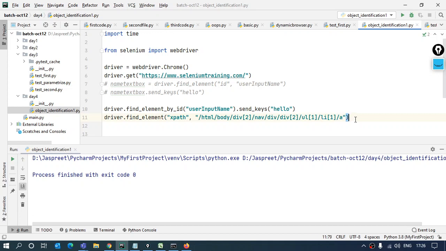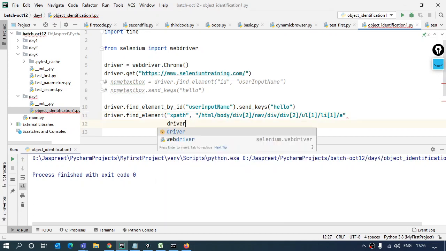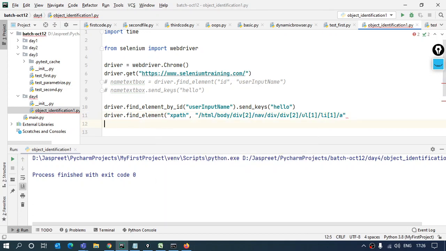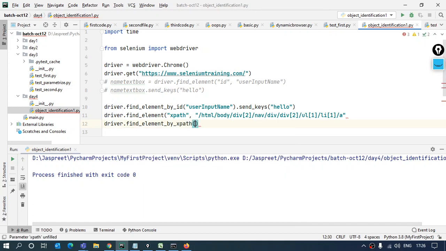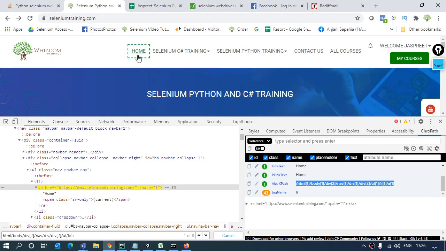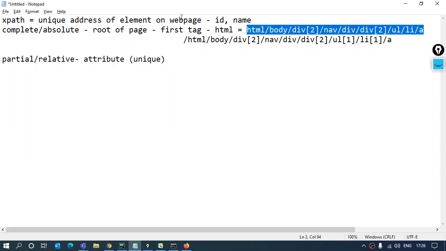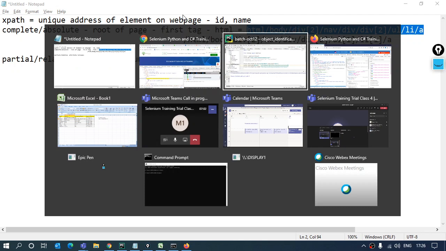The same way there is another, specific command I told you, driver dot find element by XPath. Now over here I just need to give the value which we have made. Now I know that this link is not going to take me anywhere, it's a blank link, but let's just try this. I'll click on this link.